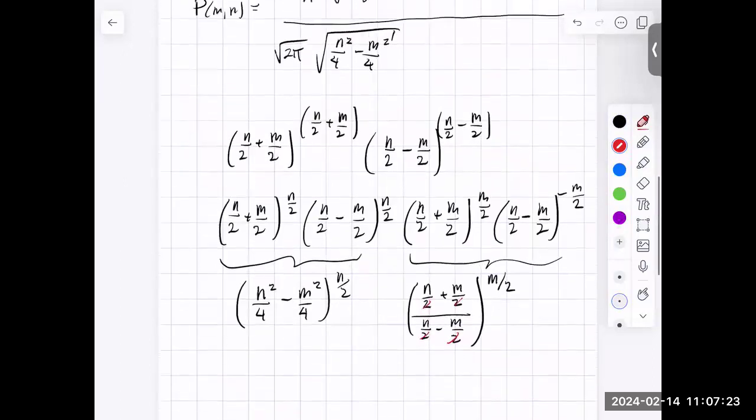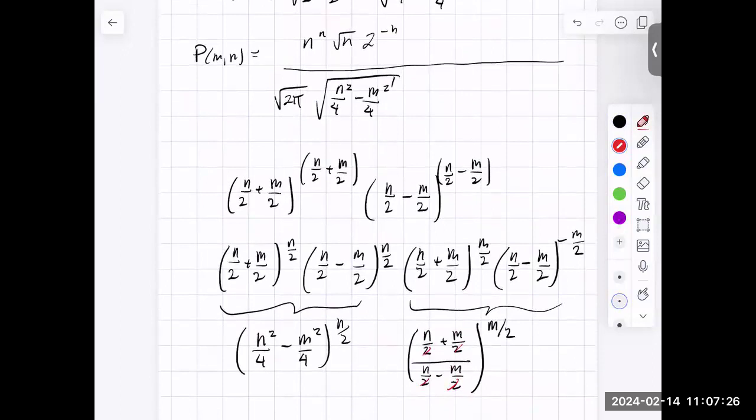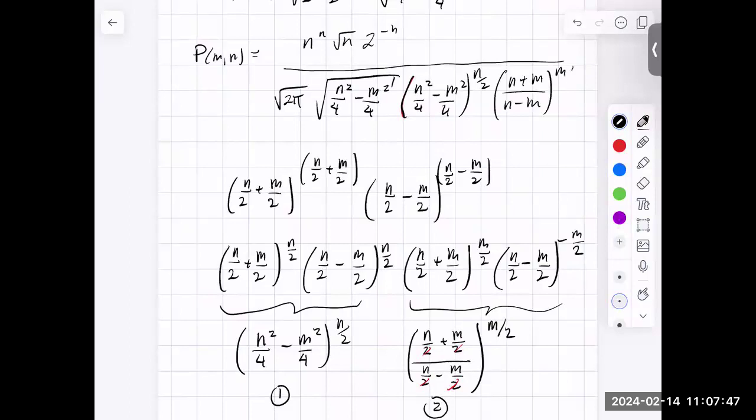All right, so if we put those results in, then we end up over here. Let's call this 1 and 2. So part 1, we'll just stick over here. And then we have (n + m) over (n - m) to the m over 2. Okay, good. So I think that all makes sense. We haven't made any more approximations yet beyond the Stirling's approximation that we did last time. Okay, good. So let's consider then